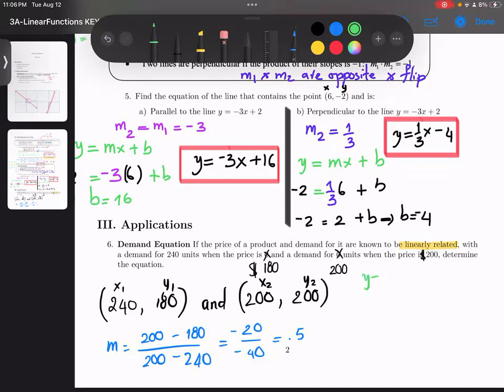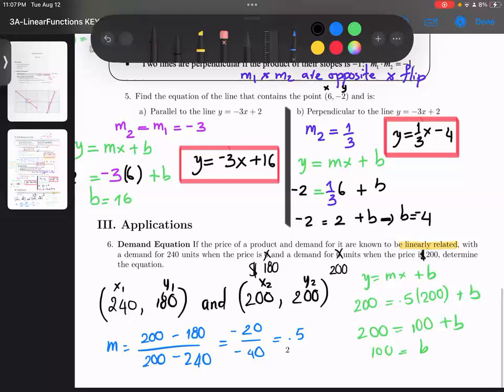y equals mx plus b. You can pick any of these points. I'll pick the second one. So 200 here for y. The slope was -0.5. x was also 200, plus b. 200 equals 100 plus b. So b equals 100. So the equation that we're looking for is y equals 0.5x plus 100. All right. That is one of the